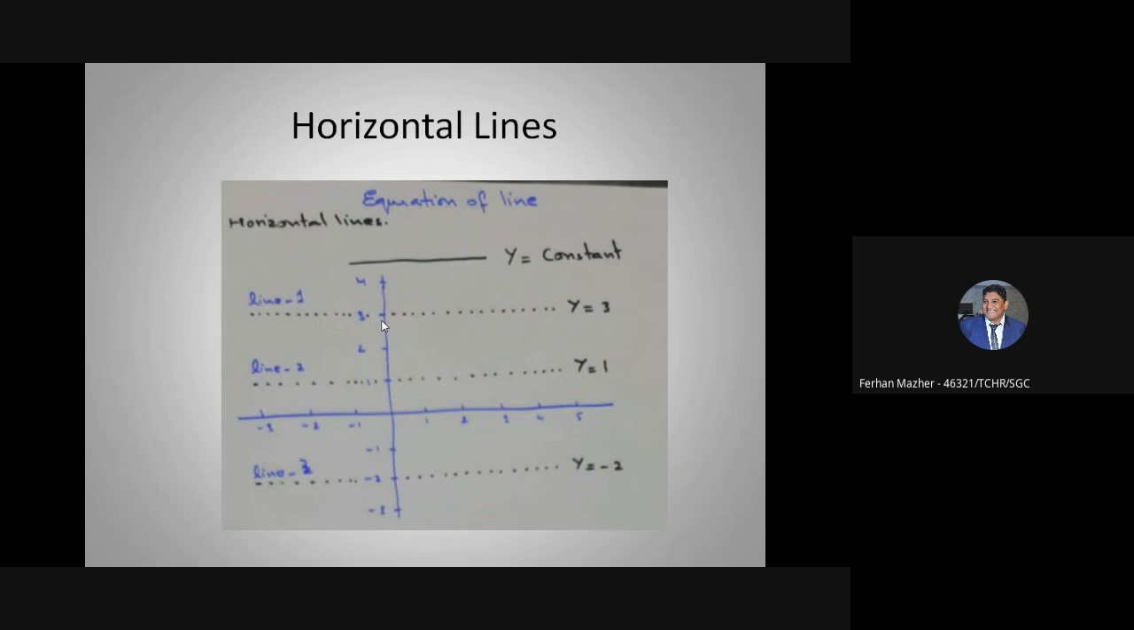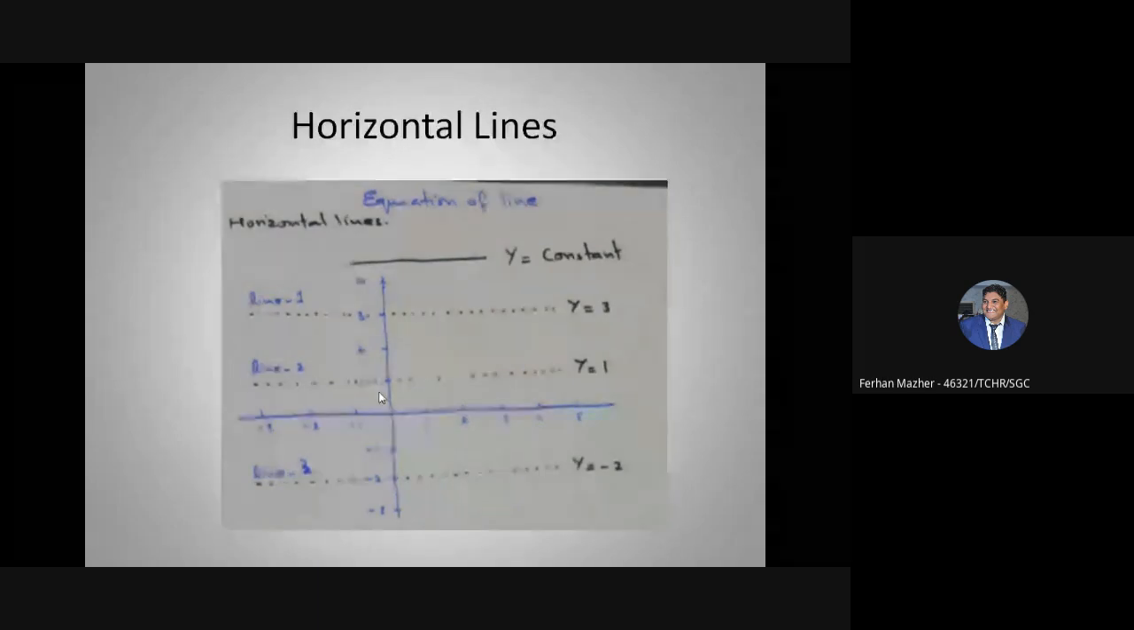So, for example, line number 2, you can see that it cuts the y-axis at 1. Its y-intercept is 1. Y-intercept means when your graph cuts the y-axis, what's the value of y there. So for line number 2, the y-intercept is 1. So the equation of that line number 2 will be y equals to constant, y equals to 1. In the same